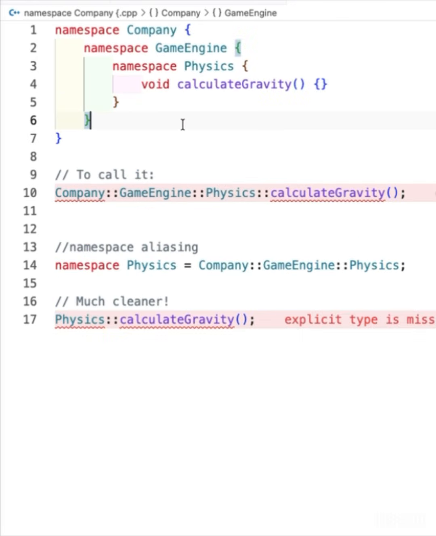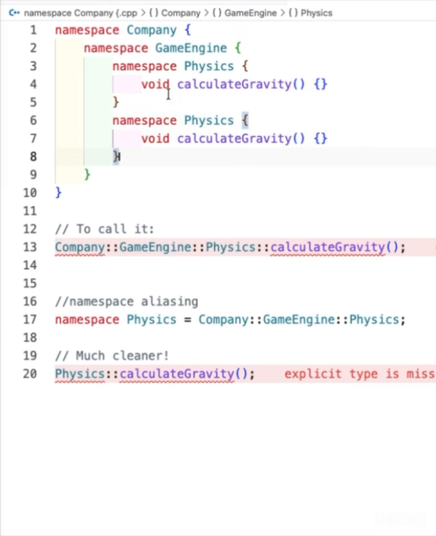But there is another way to write the actual namespace. For example, under the company there is a game engine and then physics. Then we could have another one called chemistry as well. If you write chemistry, then under chemistry you calculate, for example, enthalpy or entropy, whatever it is. By that we can level it up. It's just nested leveling, just like a nested for loop, nested namespaces. For example, here company, then game engine, then physics, and then calculate gravity. That is how you can call it.